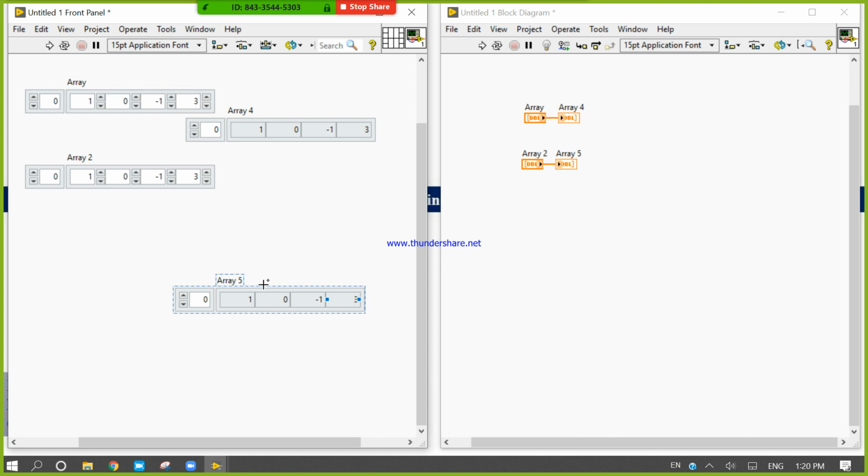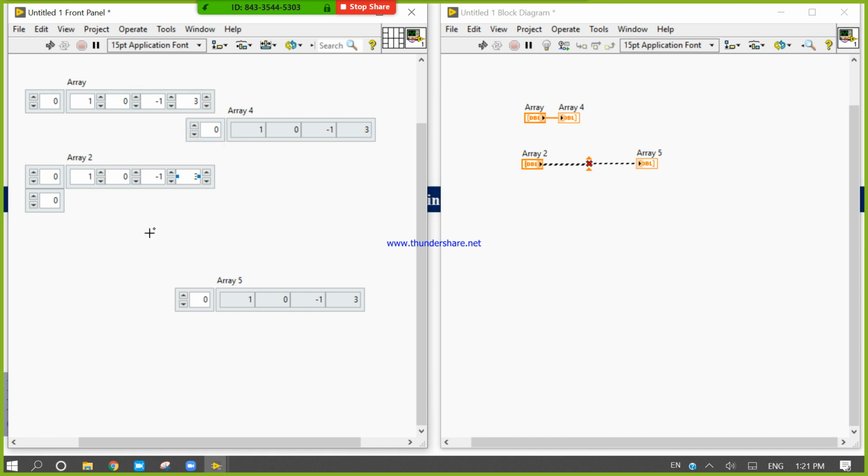Now how do we convert an array from 1D to 2D? To convert an array from 1D to 2D, come here and drag this index value once. By using that you can create a 2D array from a 1D array.